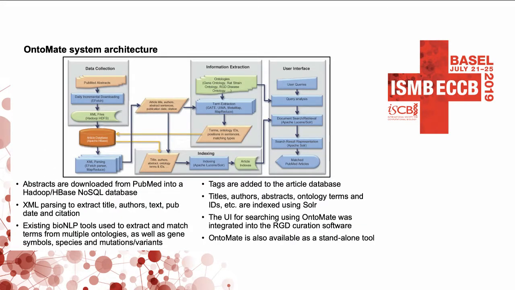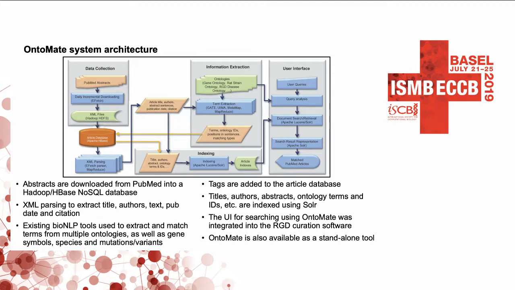So we developed the OntoMate system, and this is a diagram of the architecture, and I apologize, some of the text is probably pretty small, but you can look at this on my poster. But I'm going to hit the highlights right here. So abstracts are downloaded from PubMed into a Hadoop H-based NoSQL database. The original download was everything that PubMed had, all of the abstracts in PubMed at that time. And then since then, incremental updates have been done every day to make sure that OntoMate is up to date